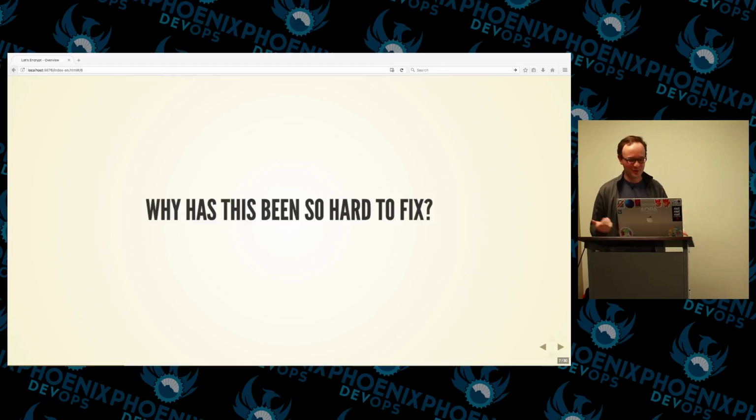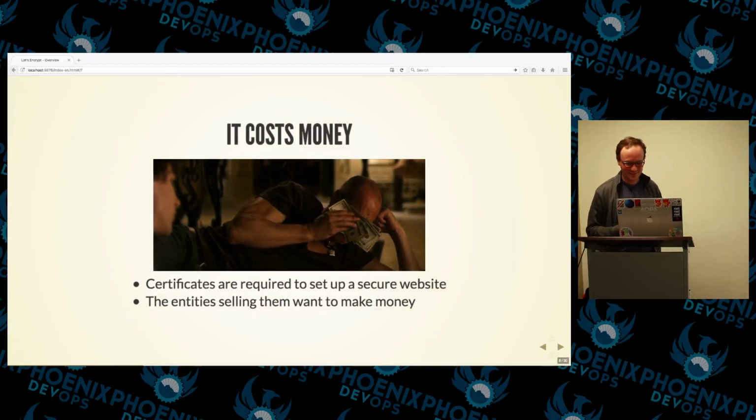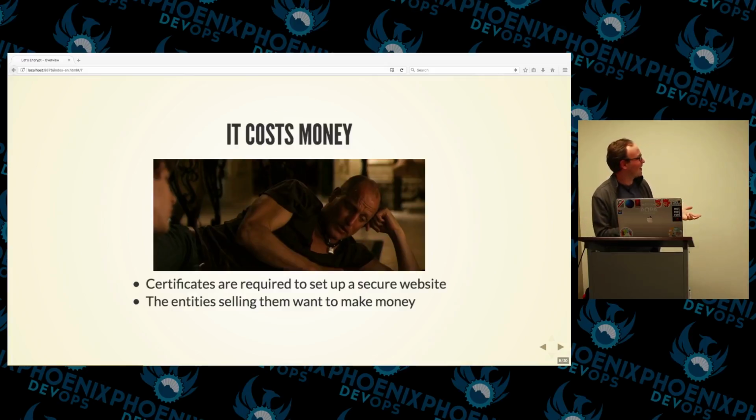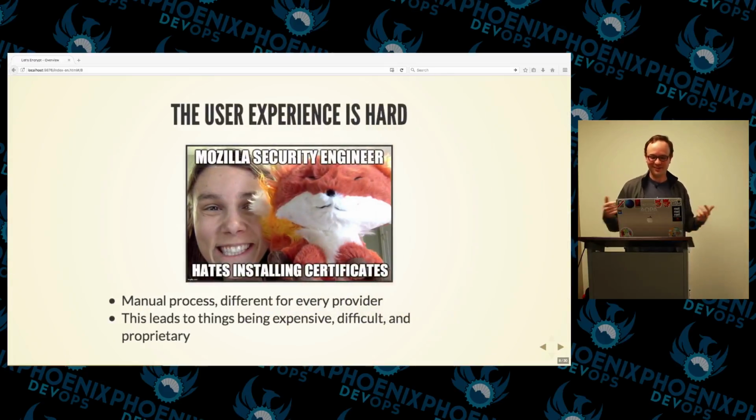So what's the issue? Well, of course, it costs money. And what's worse than it costing money is that it costs the same wherever you happen to be in the world. $20 for a certificate here in the United States isn't that big of a deal, but it's a major impediment for emerging markets. And not only does it cost money, but user experience sucks.